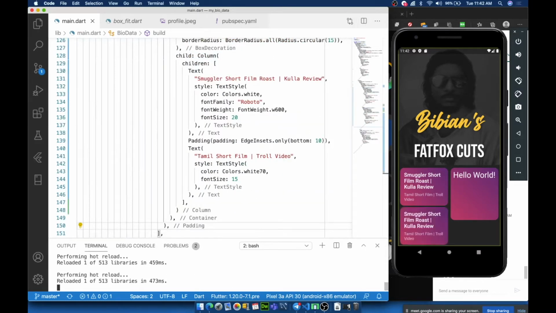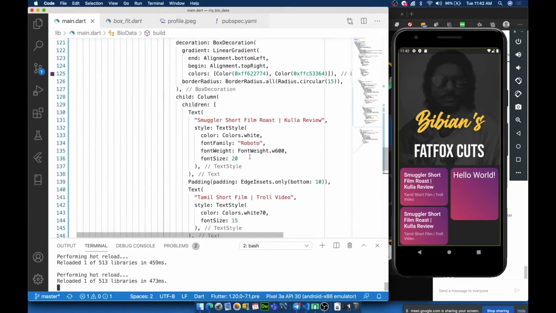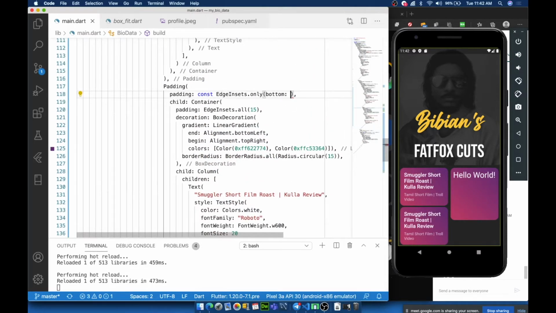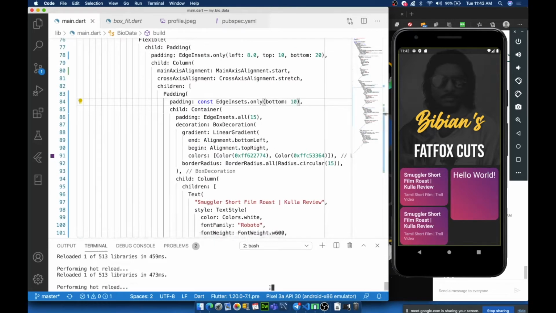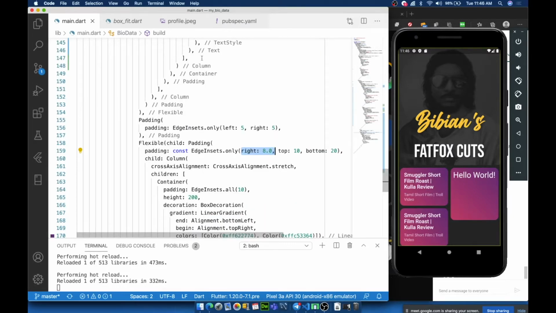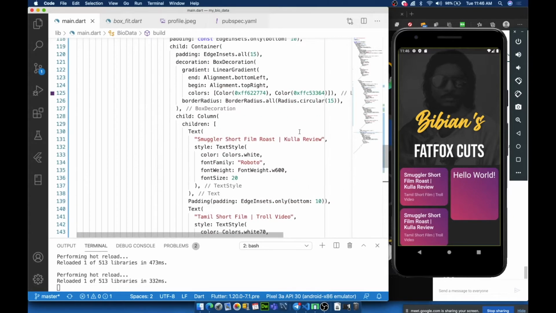So your output should look like this. Maybe the space seems to be a bit off. Let me increase that. Yeah, that's better. Let me know once you've got something like this. Others, let me know once you're done with this. If you're done, maybe you can start creating the other cards.